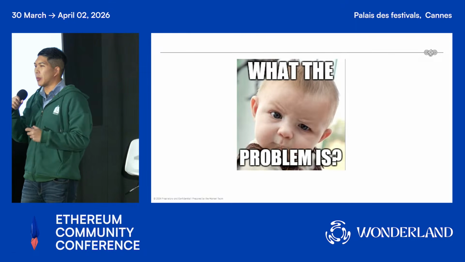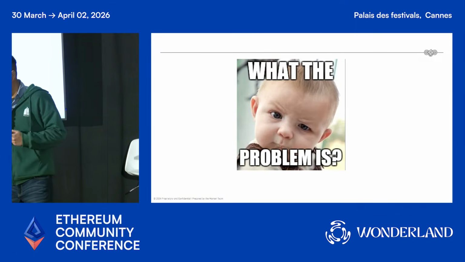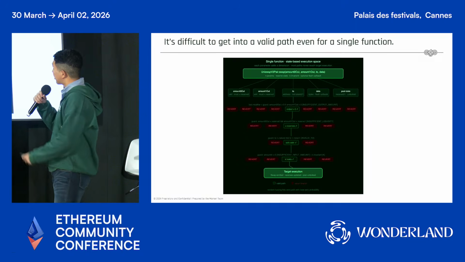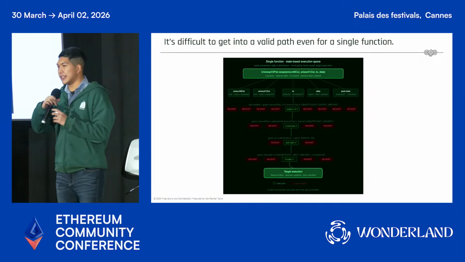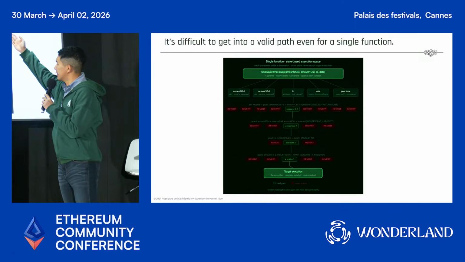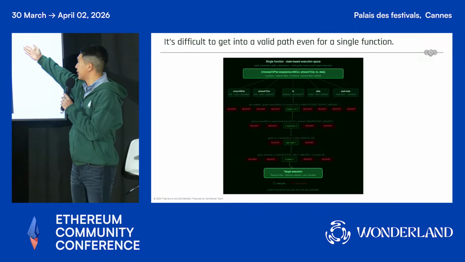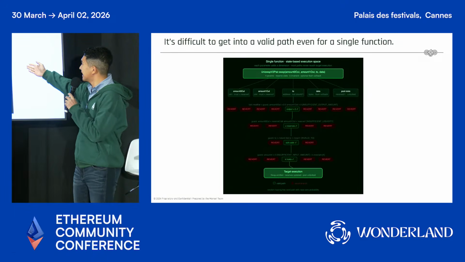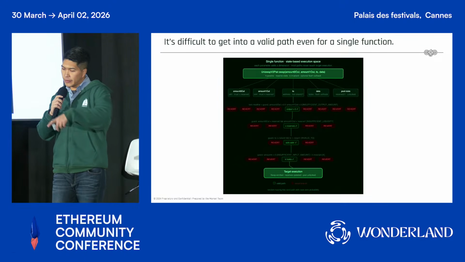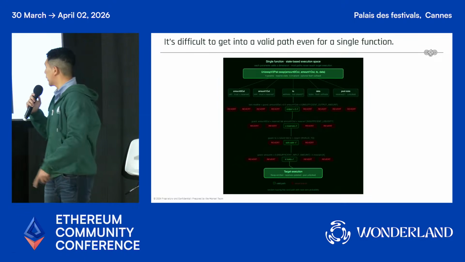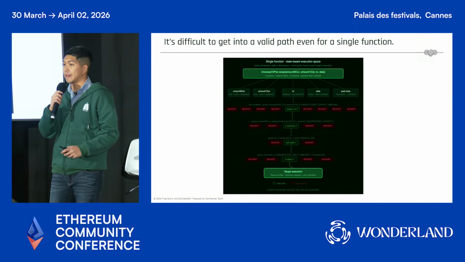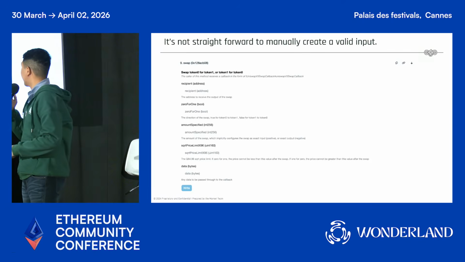So what's the problem? It seems quite easy, but how do we actually get to this kind of solution? The major problem is that for every single function, there are so many paths we can try first: amount out, amount in, and so on, and all of these have many different revert paths. Out of all these stochastic paths, we need to find the one that actually results in the target execution. This is the major problem of a fuzzer, and the major problem we are encountering.